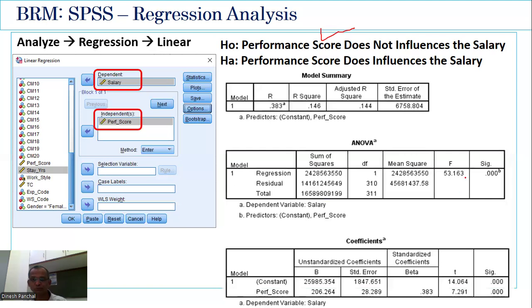So the output is a 3 window. We'll start first with this one. This says that if the F significant is less than 0.05, we are going to reject the null hypothesis. And what is the null hypothesis here? The null hypothesis is that the prediction using the average